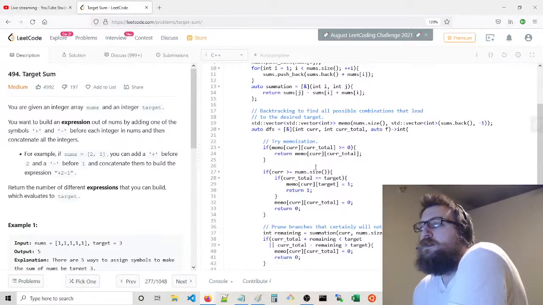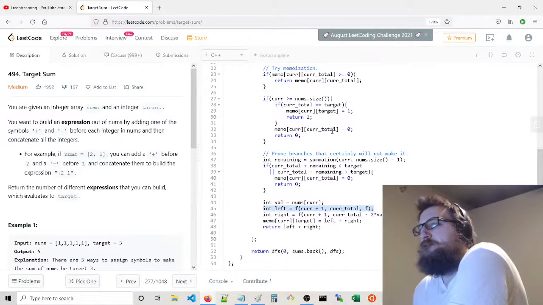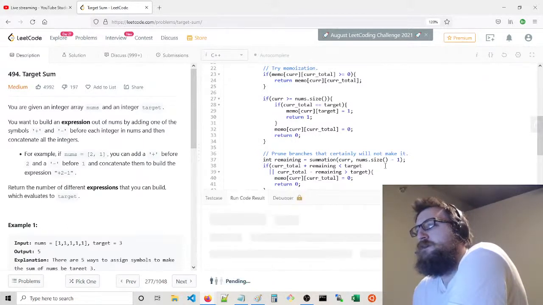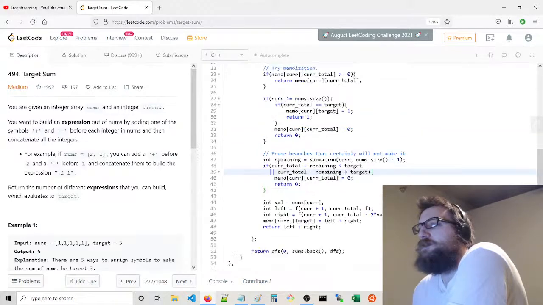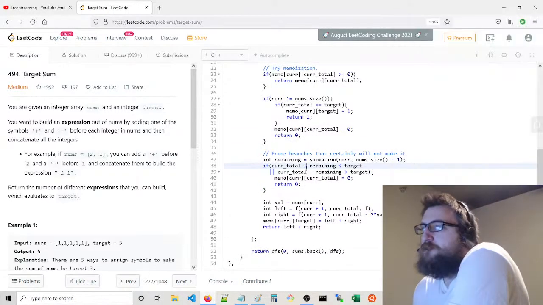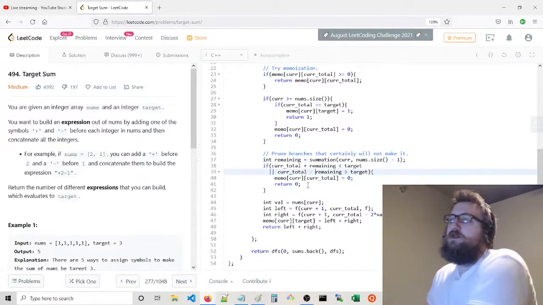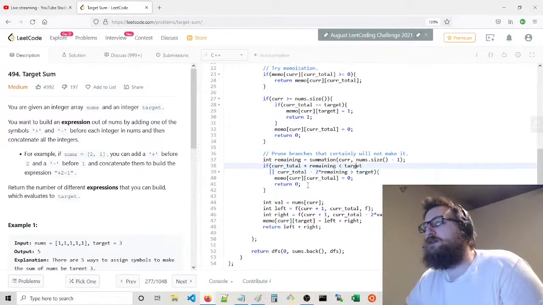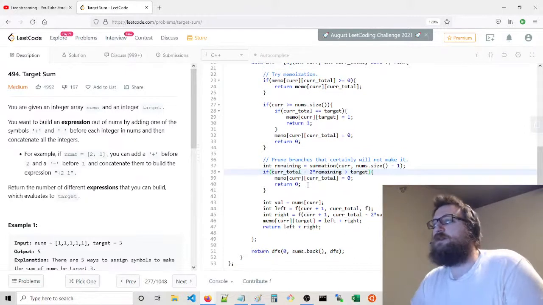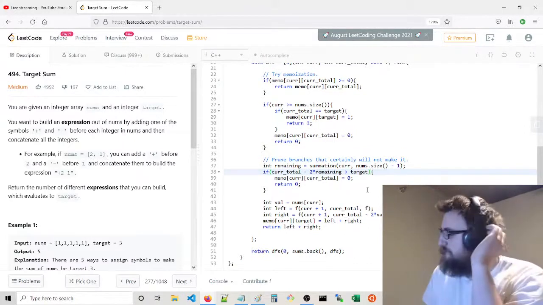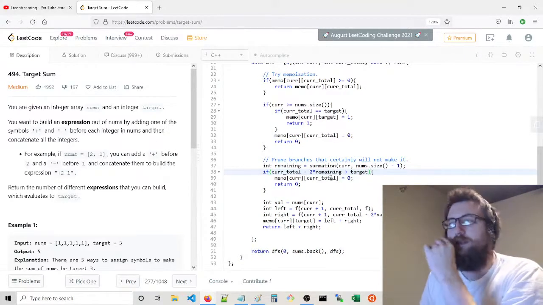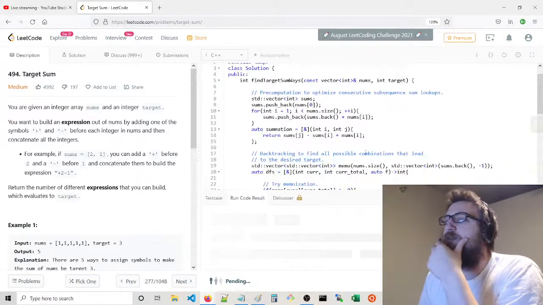Huh. Oh. Wasn't expecting runtime error. Also, this doesn't make sense anymore. We minus twice the remaining. If that's still greater than the target, then we're not going to make it. Pruning changes a little bit, because all we're doing at this point is subtracting, so that changes a bit too. I don't think that's the problem, but